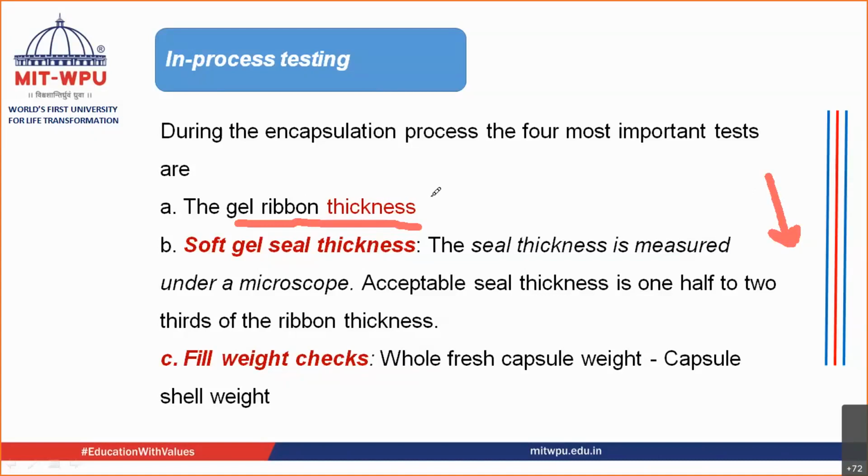If the required ribbon thickness has not been achieved, then what you are going to do is, whatever the spreader was spreading, you are going to increase the amount of material that is getting spread from the spreader onto the cooling rolls, and the movement of the cooling rolls you are also going to make slow. So if the amount of material that is coming down is increased, and the cooling drum is rotating at a slow speed, then automatically your ribbon thickness is going to increase. So you are going to check whether the proper ribbon thickness has been achieved or not.